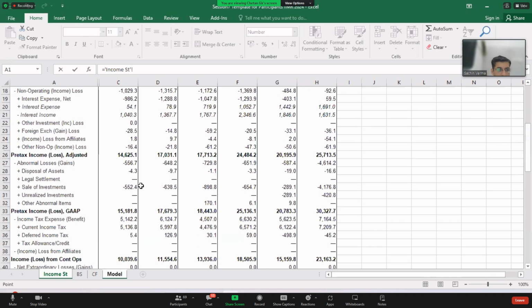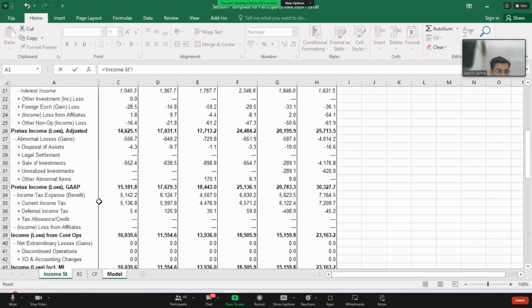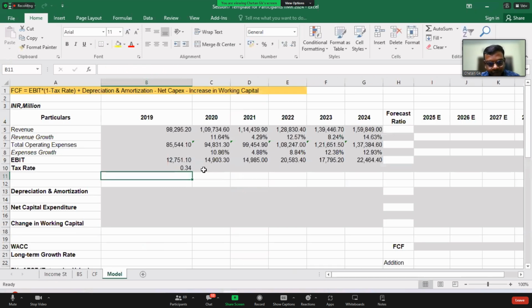This is income tax divided by this 15,181. Pre-tax income as per GAAP and as per adjusted, both are there. Let us not confuse. So we can go by GAAP. If you're going by GAAP, let us go by GAAP for all. It is not going to cause much of a difference. Fine.